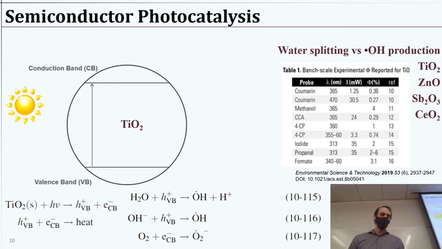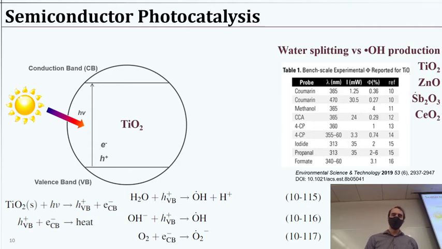If we improve it enough, then we can have some decent yield at visible light, but typically you need a little bit into the UV for the energy. And essentially what you're going to do is excite the TiO2, for example, or whatever other photocatalyst you have, such as zinc oxide,